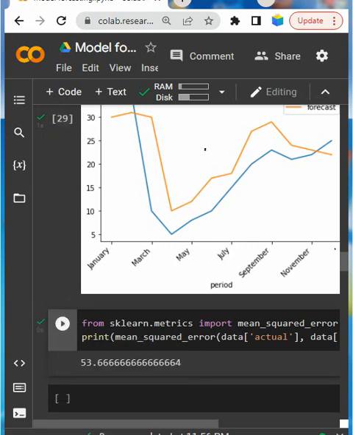Within seconds I have gotten the mean square error of 53.66.